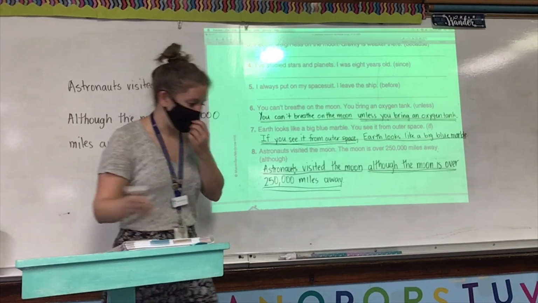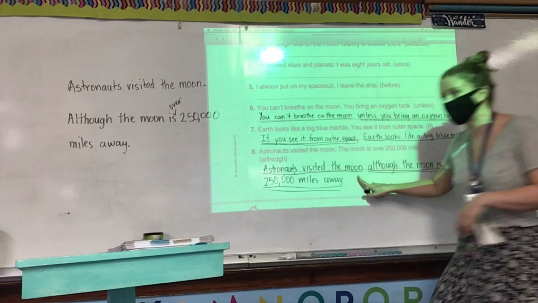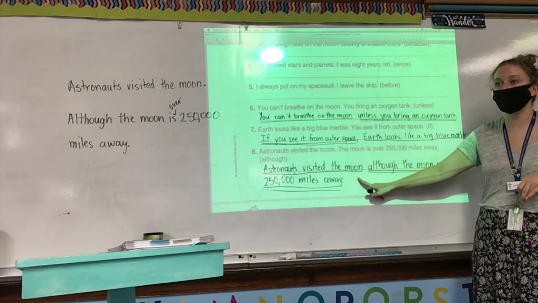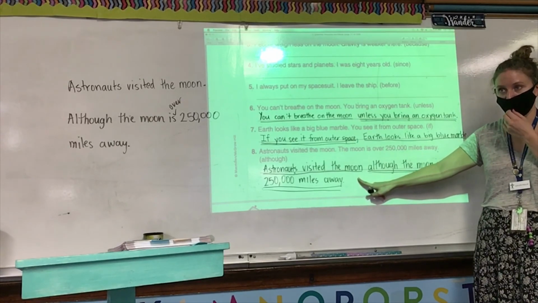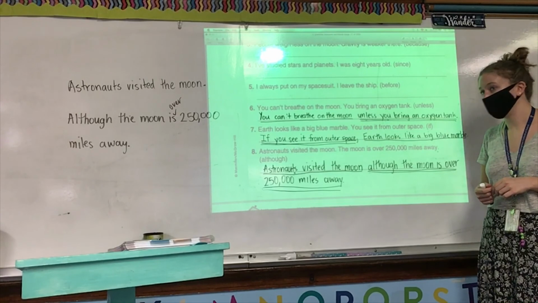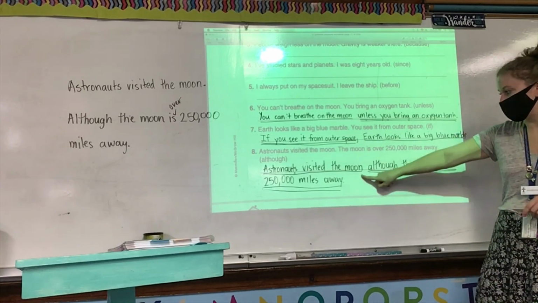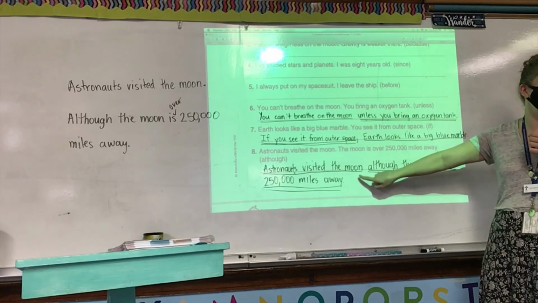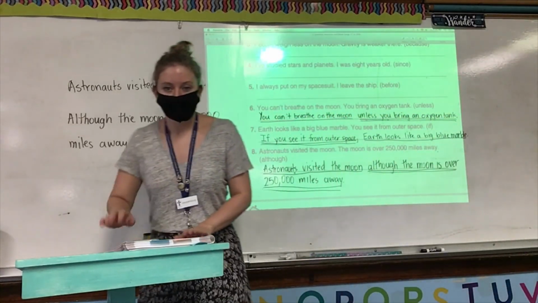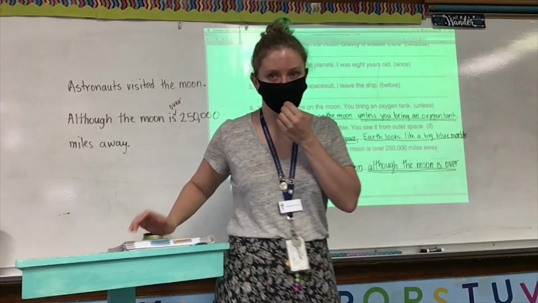Okay, so Ethan, this one, the independent clause comes first. We just saw the note that says, when the independent clause comes first, we do not need a comma. So do we need a comma in this sentence, Ethan? No. Because the independent clause comes first, which means we do not need a comma. Okay. So go ahead and put those to the side, and if you are at home,